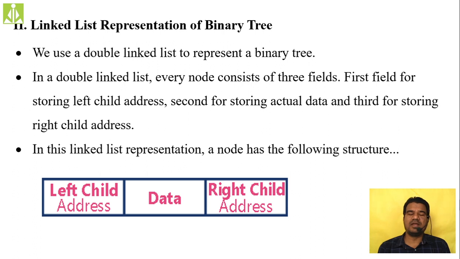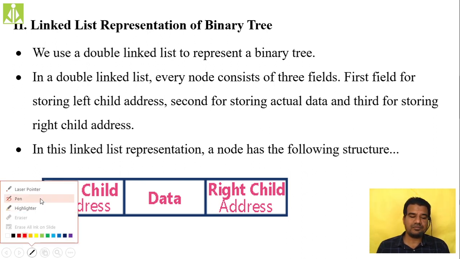The center part, we'll call it the data part. The left side part is a pointer, and it is used to point to the left child. In your binary tree, in order to point to the left child of a node, it will make use of this left pointer. And it is also going to have a right pointer, which is helpful in pointing to the right child. Okay, so the node has three parts. Center part is data, to store the actual data. Left side, left pointer, used to point to the left child. Right side, right pointer, used to point to the right child. So this difference you have to understand.